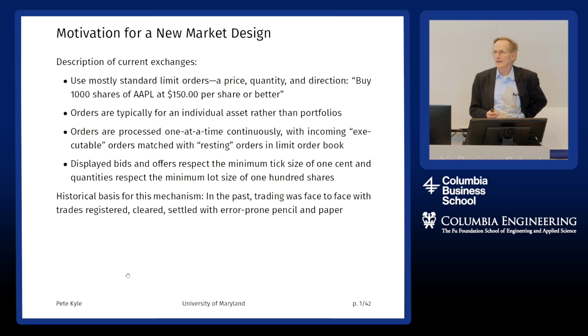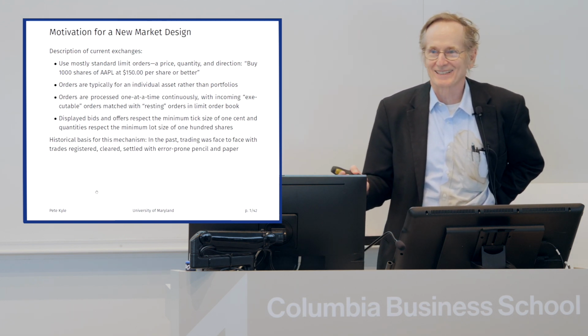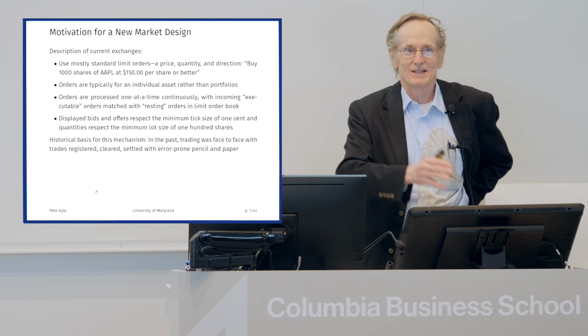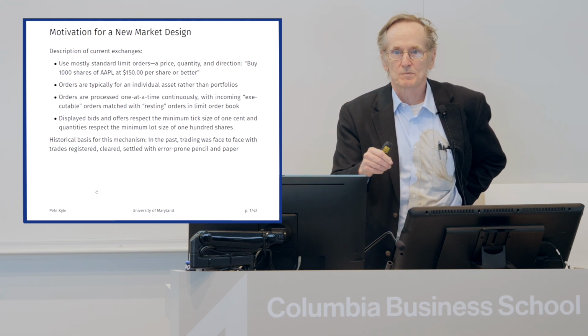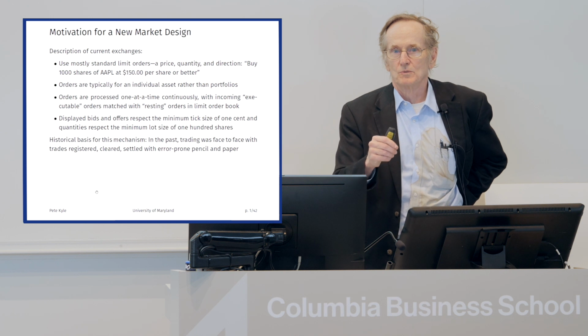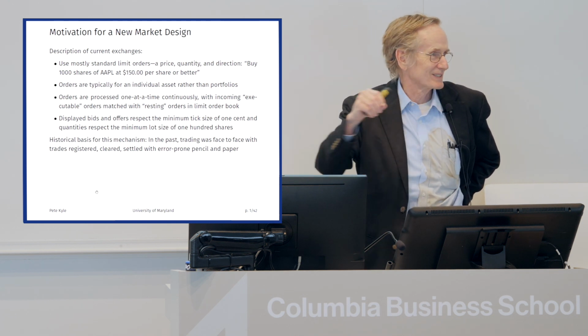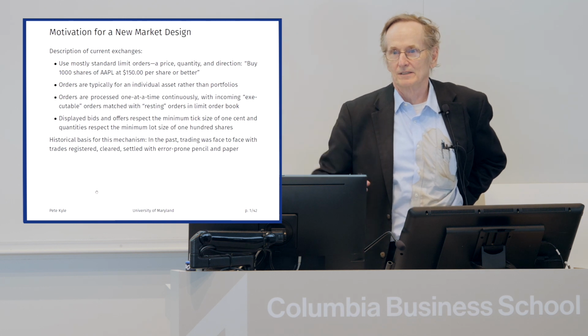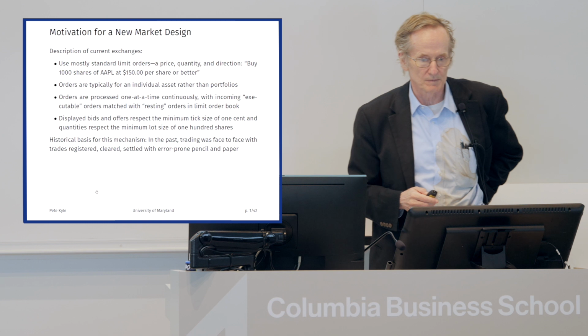And you might even ask, from the perspective of the 21st century, why do we have this discreteness? And I think the answer originally may be historical, that people used to do trades with pencil and paper, and you don't want to do 500 trades a second at prices that have like 10 decimal points in them if you're doing it with pencil and paper. You need to keep it simple, and discreteness was a way of keeping things simple.